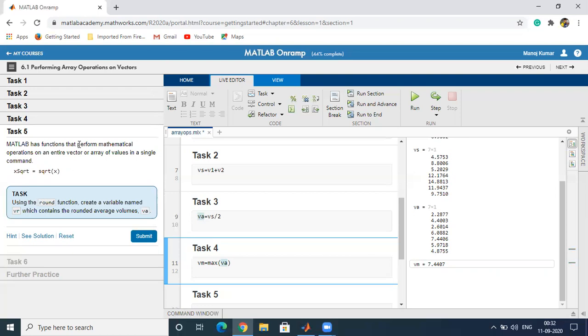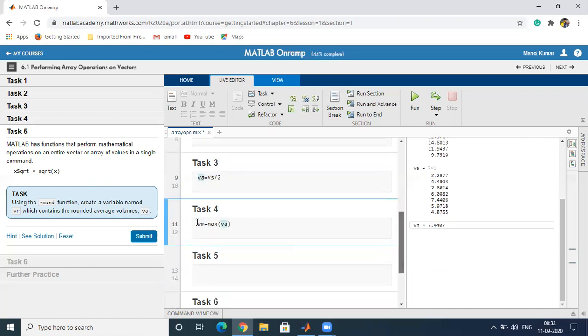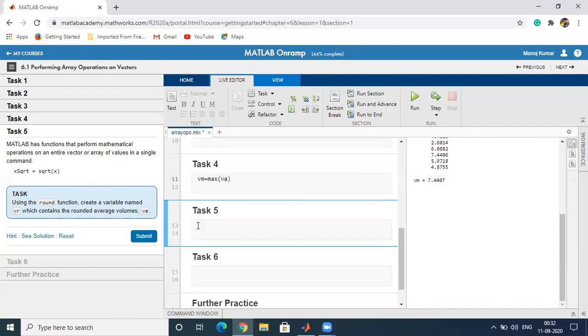For example, square root of x will give the component-wise square root of each element of the vector. Using the round function, create a variable named vr. We have to create this variable which contains the rounded average volume.